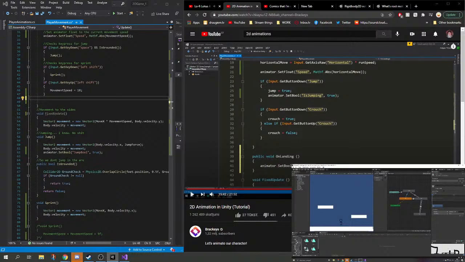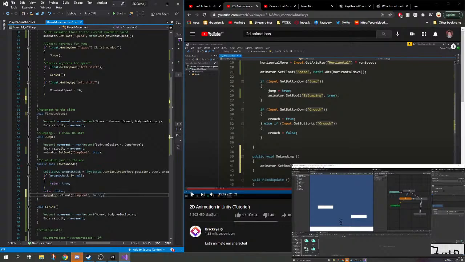This is a checker. It checks if I'm not touching the ground. If ground check equals no, it returns true. This means we are in the air. So if we just kind of do that,